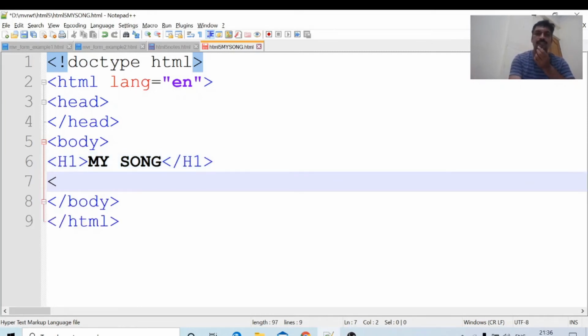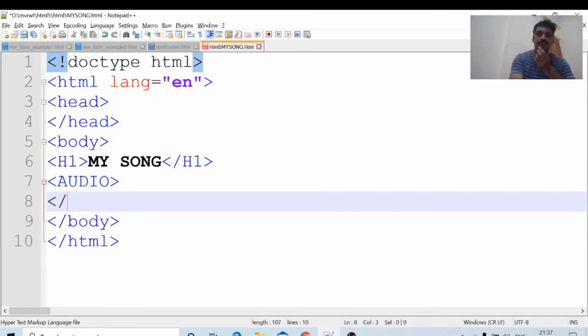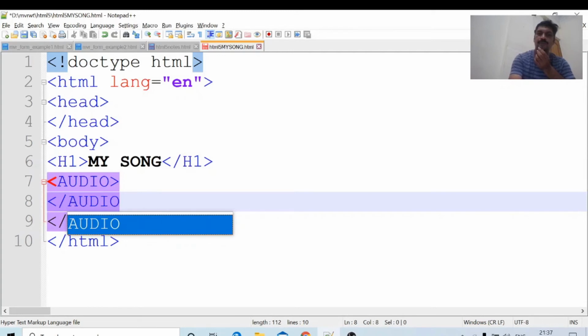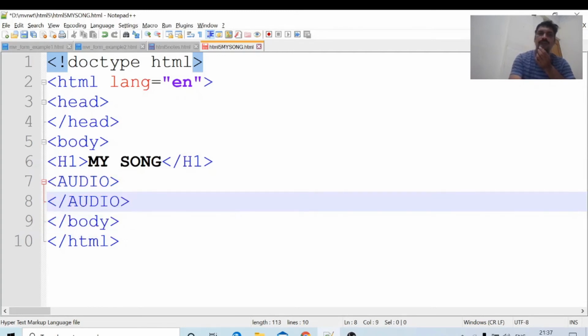In order to add audio, I will use the audio tag. One property of HTML is that it is not case sensitive.